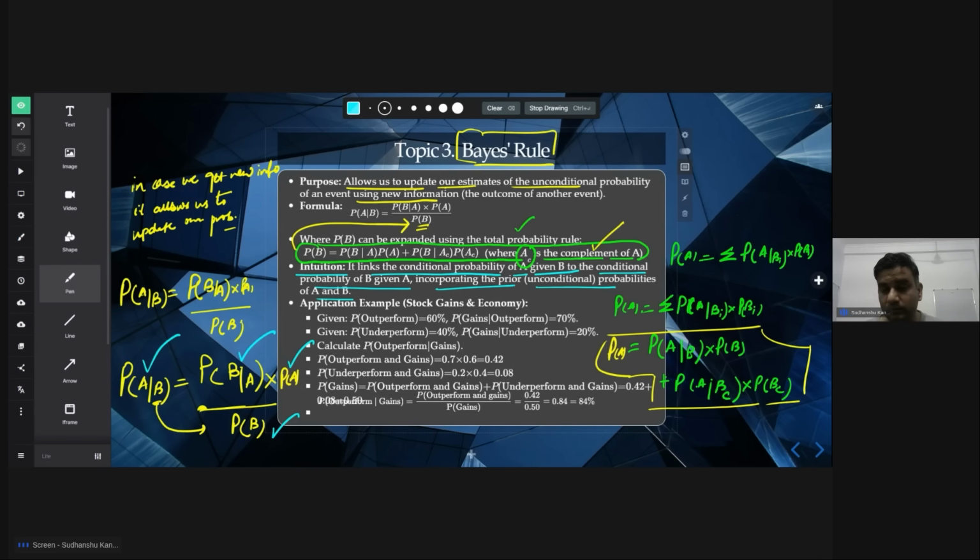And also, please have a solid grasp over your total probability rule, because if you don't understand total probability rule, Bayes theorem will be very difficult to understand. Because in Bayes theorem, the denominator 99% of the time will be found by your total probability rule only, right? I'm writing it here very clearly, that denominator